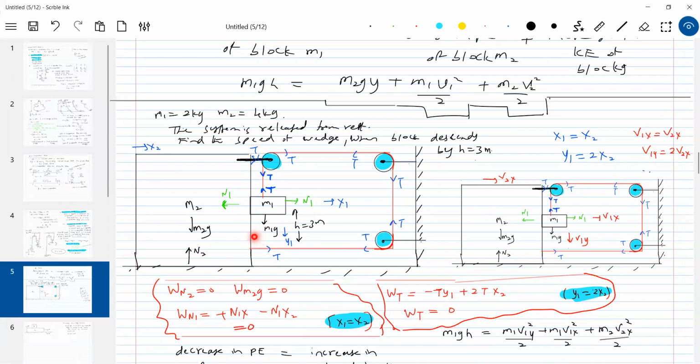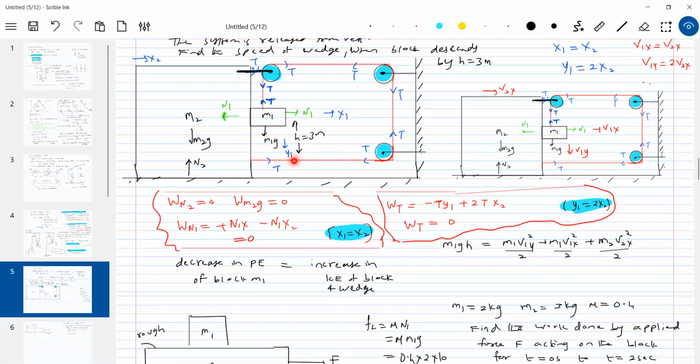Go back to this same problem only. Here the wedge frame is there, and you can also stand on the block and look at the wedge. It's not that there are only the wedge and the ground. There are three frames: the wedge frame moving horizontally, the block frame moving in a plane, and the ground frame. So in the three frames, check what the work done by the various forces is. It will be different, and it depends upon the values here. You can't say blindly. You have to work it out and then tell it.